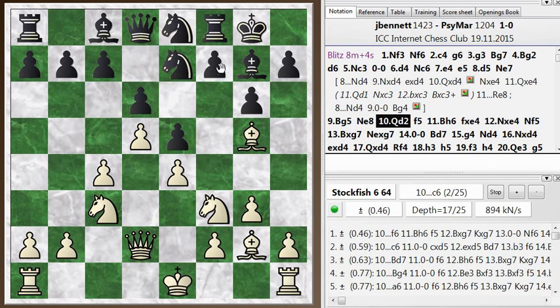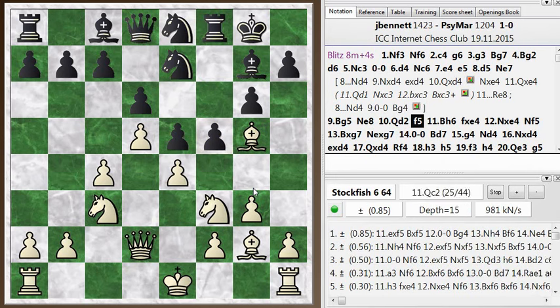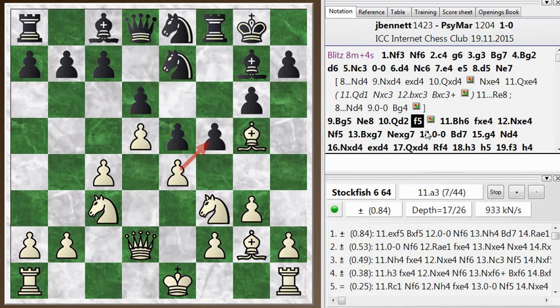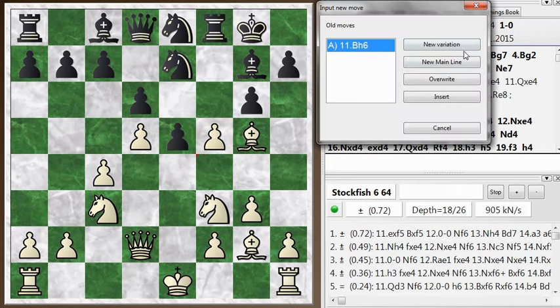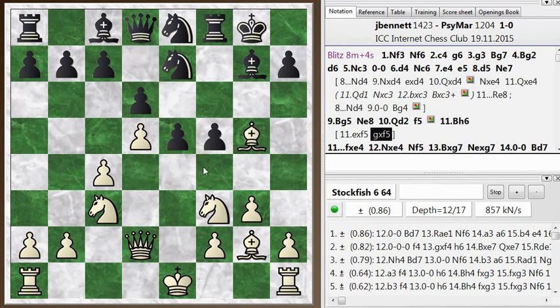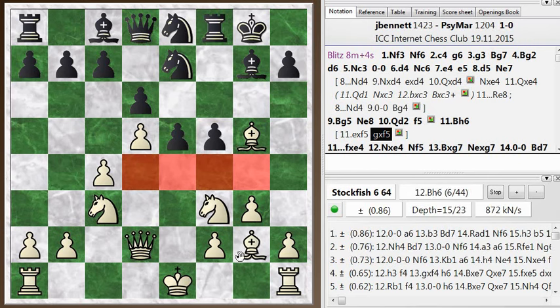Not bad just yet. He goes f5. And once again, I can castle here, or I could take the pawn. Let's see. I was curious about this pawn take scenario, because usually when you take the pawn, black will take back with the pawn and then keep control over these center squares, and this is sometimes pretty good for black. Let's say I castle here,